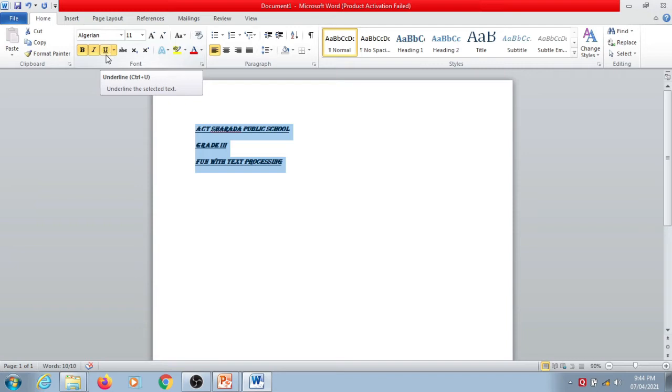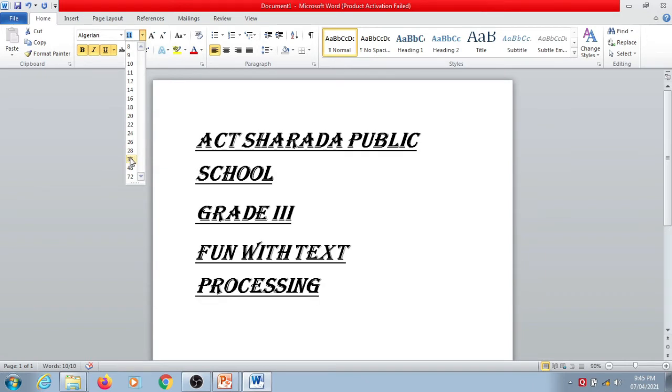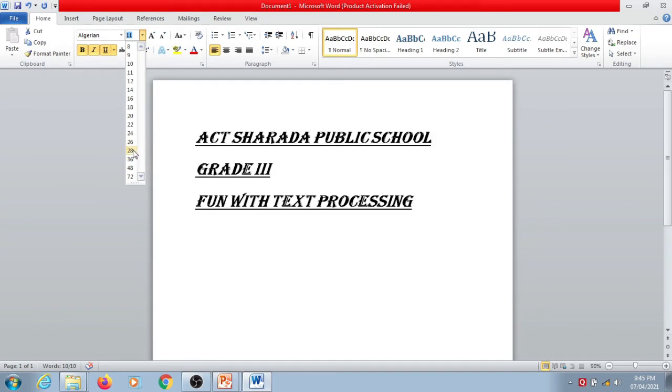Now we will see how to change font size. To change the font size of selected text, first, select the text you want to change. Click on the Home tab. Click on the drop down arrow in the font group, you can also type in any size you want within the following limits. Choose the desired font size from the displayed list. Observe the change.